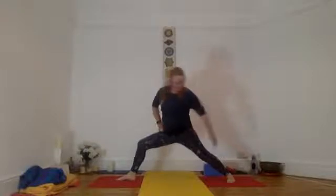Then hands on the hips and bend the front knee. In warrior, this is important because we will keep the knee bent. So bend that right knee over that second toe and feel what's happening here with the back knee. If it's not feeling quite right, you can move the foot until the back knee feels okay. So we've got that bent front knee. We've got the pelvis in the right position. Okay, you can straighten this front knee a little bit as we go into the pose,